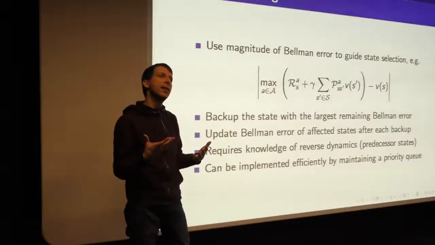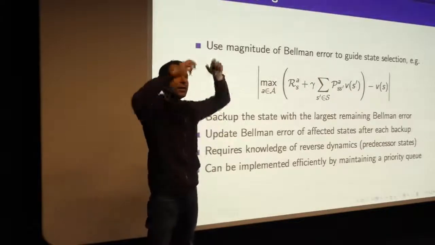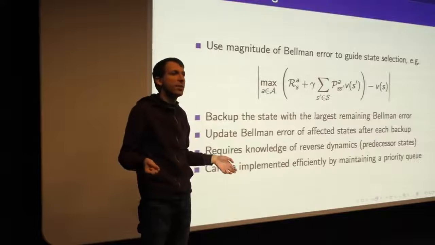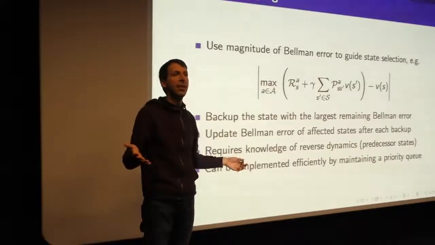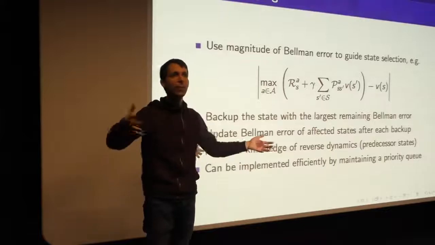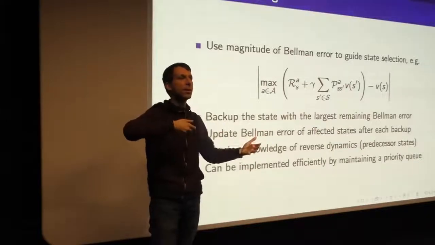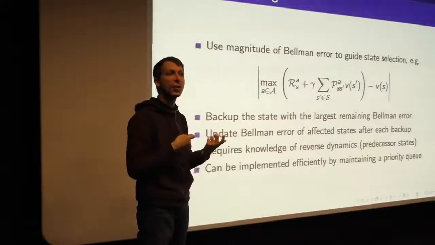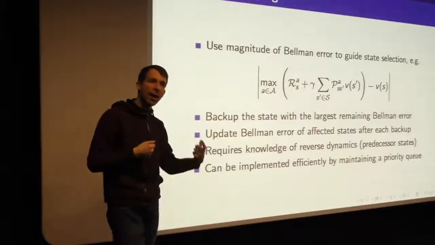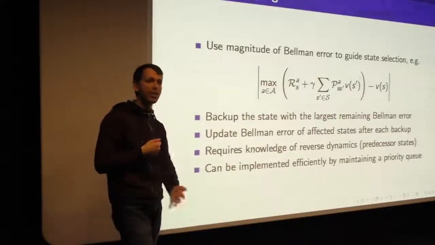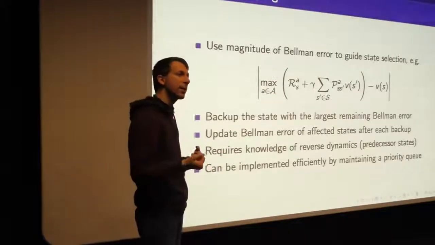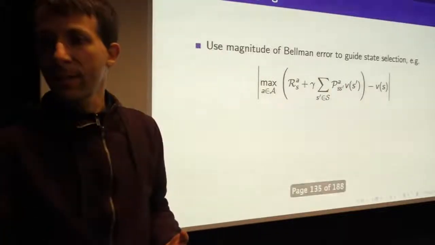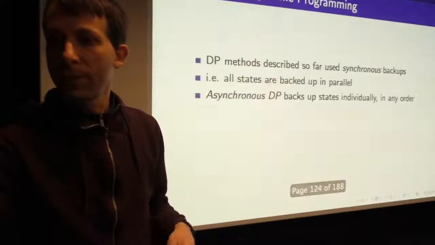So the intuition is that the states which are changing the most matter most. If I did my one-step look ahead, and before my update I thought that the value of this state was 0, then after my update I think the value of this state is 1,000, that's really going to affect all of my computations a lot downstream. So we assume that the magnitude of the error between what we thought before and what we think after, like the change in the Bellman equation, we use that magnitude to guide our selection of which states to do. And we order them by how big the change is going to be. So this helps us focus on the things which are changing the most. So if we remember going back to this,